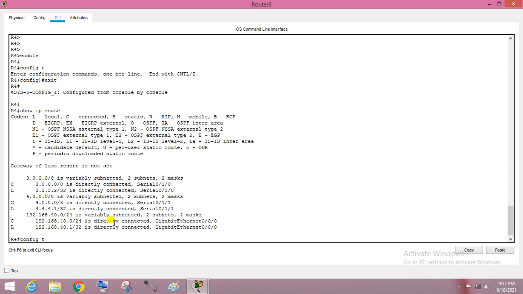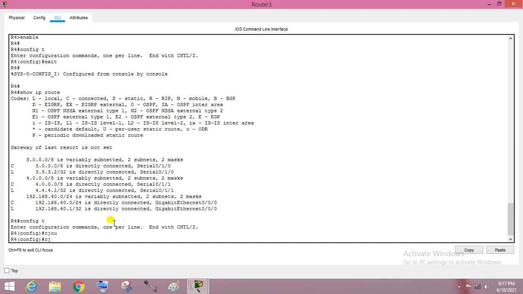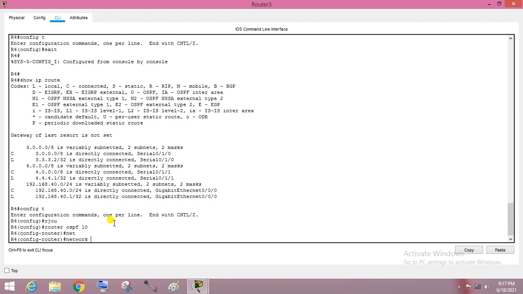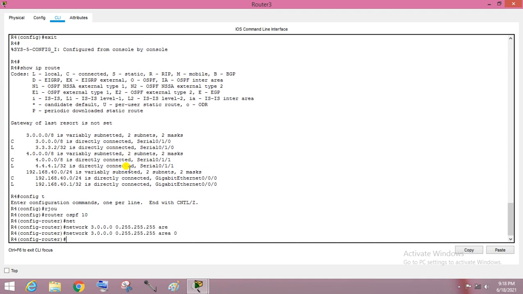So go to config t, router ospf 10, network. It is network 3 and network 4. 3.0.0.0, and the wildcard mask will be 0.255.255.255, then area 0.